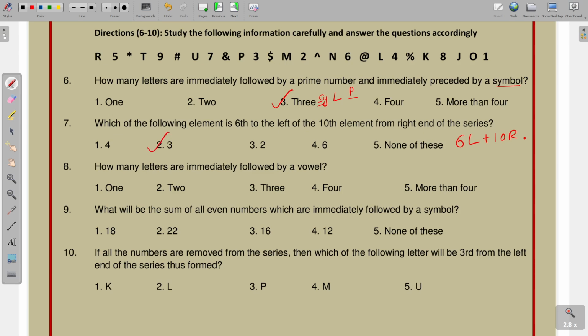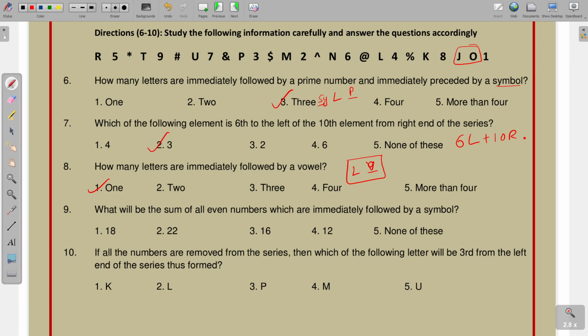How many letters are immediately followed by a vowel? We need to find this. So, see letter and vowel. Letter and vowel, it is the O. And next see where letter and vowel, there is no combination, only one combination we find, that is option